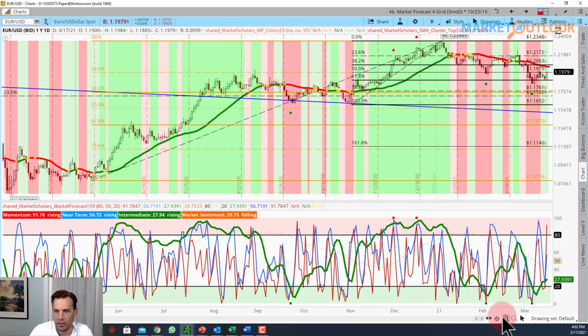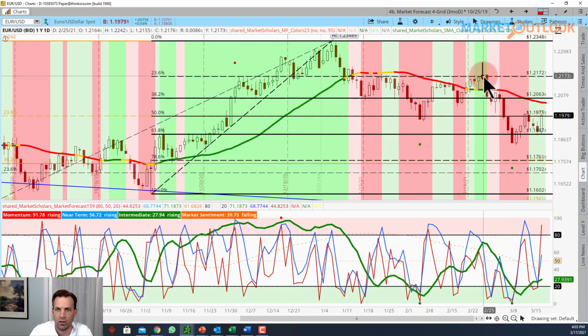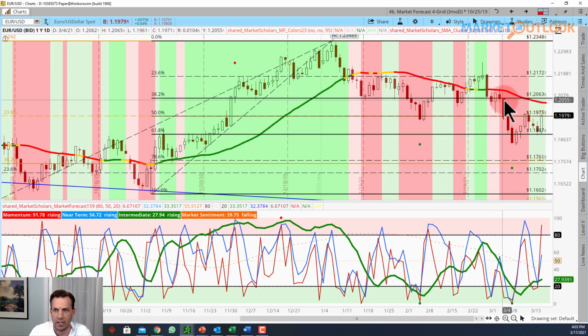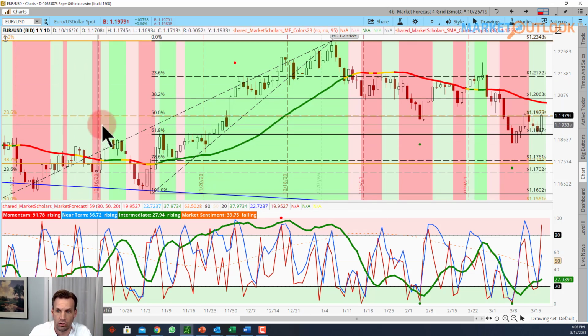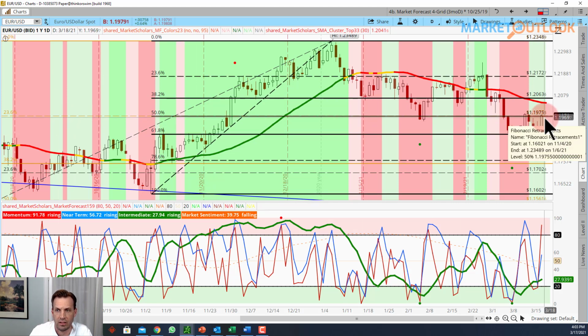This little dollar rally that we had. We got up to it over here, barely got back above it. In this case, actually got a long upper shadow to go along with that slight close above the 23%. And then, boom, we got back down to 38 and beyond. Actually fell all the way to the 62, and now rallying back up to this 23% level of the longer term run,